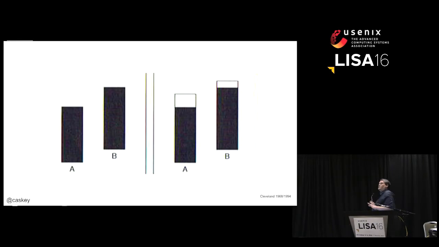We've completely left the world of pre-attentive thought. Now we have to sit and think about this graph, and we do either a type 1 or type 2 analysis. Okay, if the overall outline is the same size and the white box is half the size on B than it is at A, then B must be a little bit bigger than A, right? And you might not believe me looking at this. In fact, I stared at this for a long time, and I actually had to sit down and draw some lines. And indeed, A on the left is the same height as A on the right, and B on the left is the same height as B on the right.